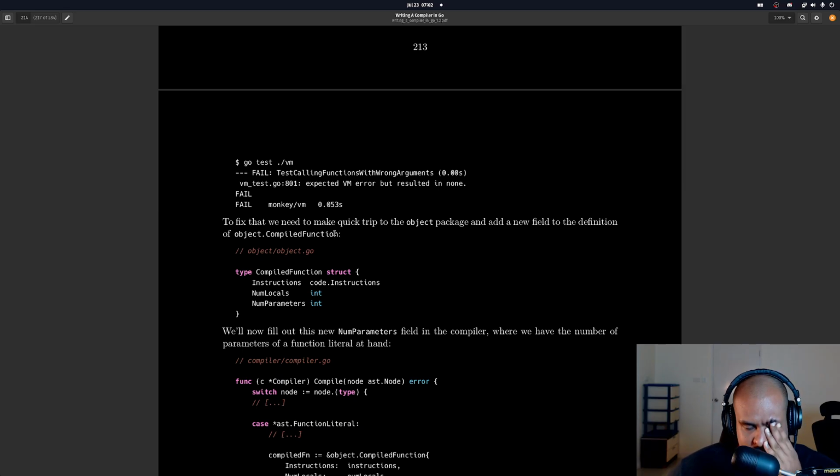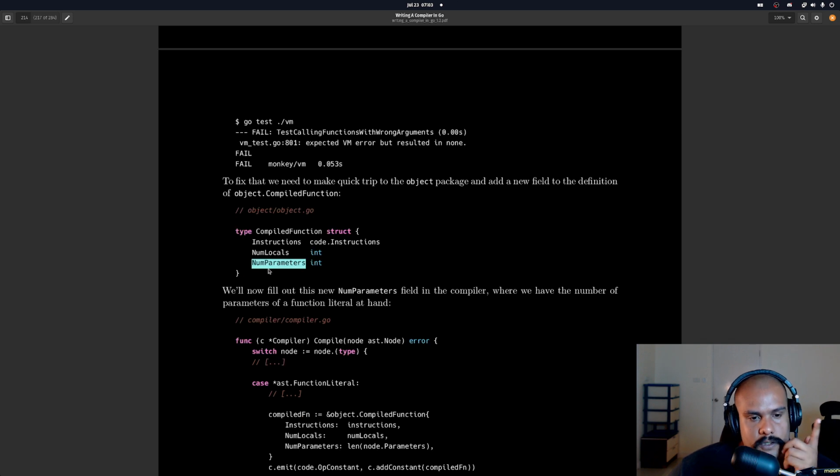I don't know. Actually, this could fix the new frame. Hey, I was on the right track. I bet I wasn't thinking of parameters.